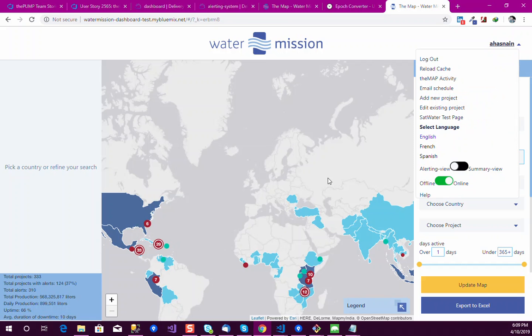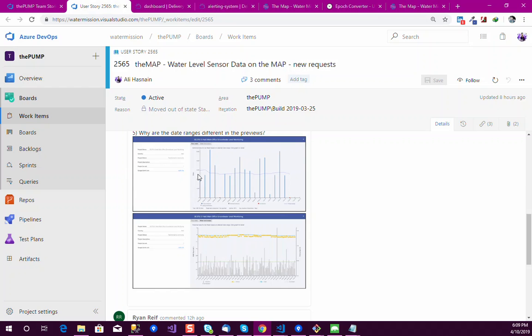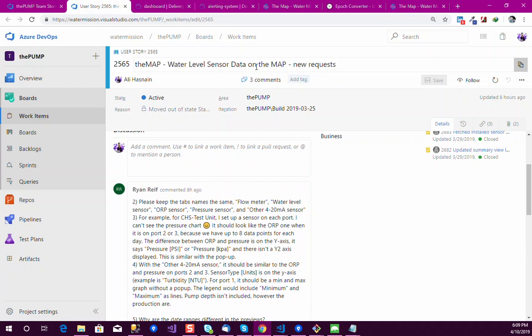And I see your comments on the water level sensor data on the map new request. First of all, you see that the name should be like the tab as we use on the SetWater project. And the second one is that you say that you don't see the pressure sensor chart, and you